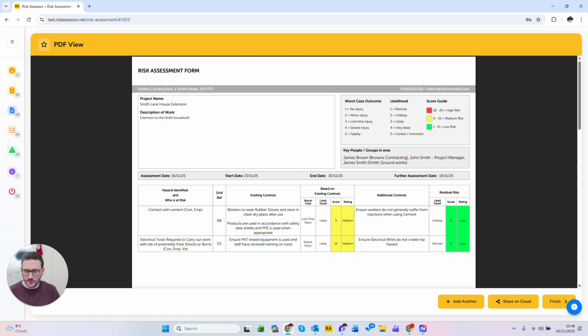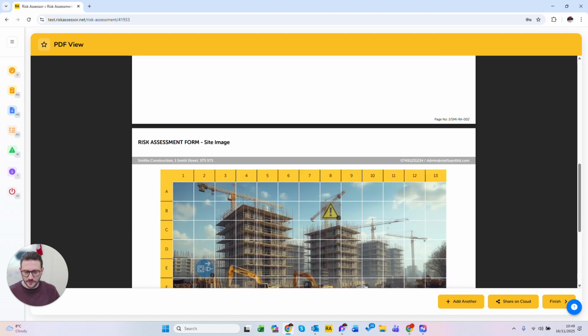This is your finished risk assessment document. If you've uploaded an icon for your account, it will show here up on the top. It will give your details, your business details, and your user details, the project name, description of work, the risk matrix, the key people, assessment date, start date, end date, further assessment date, hazard identified and who is at risk, the grid reference for your image down the bottom,